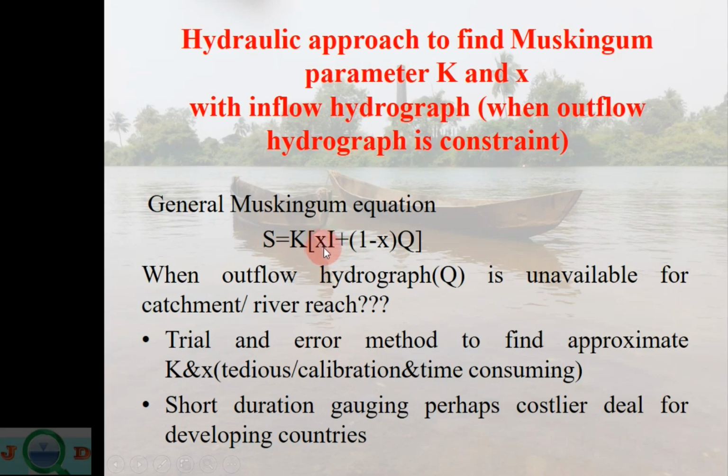When X is closest to 0 or equal to 0, the storage becomes a function of outflow discharge, which is the situation for a storage reservoir. However, we are analyzing the river case, the river reach, so the storage is a function of both